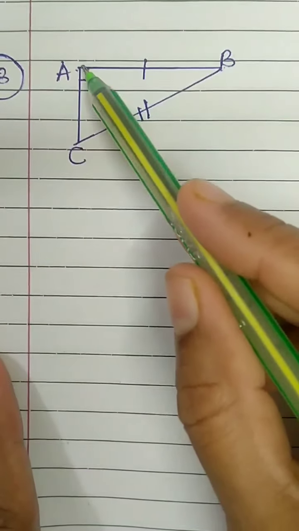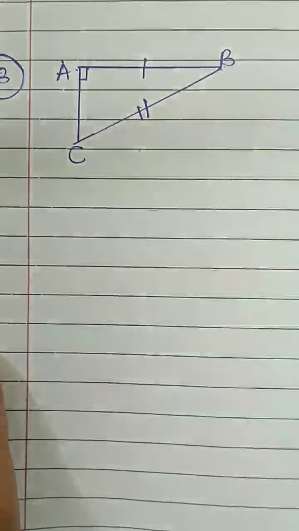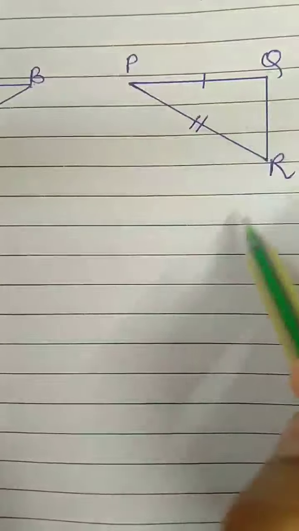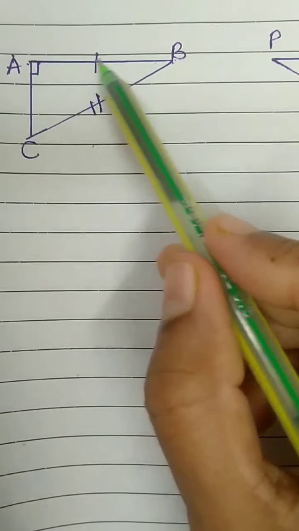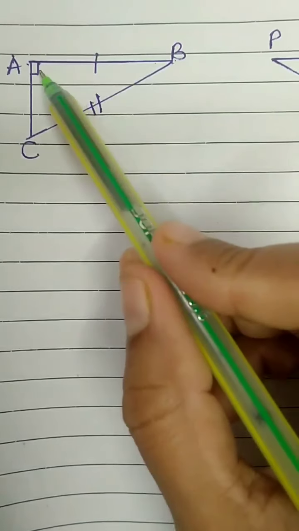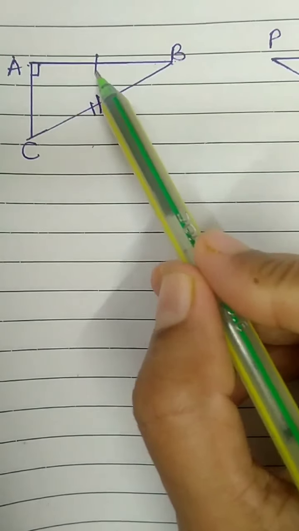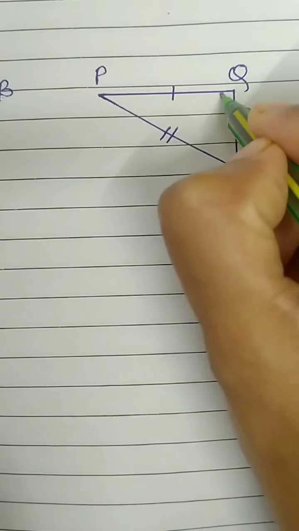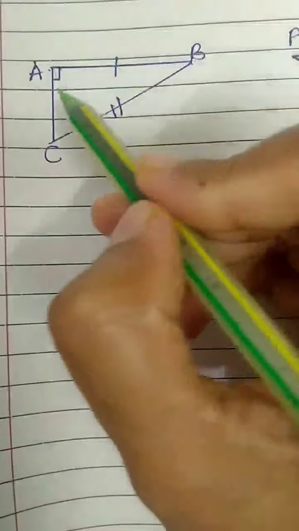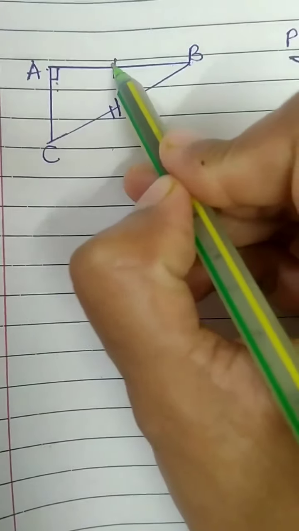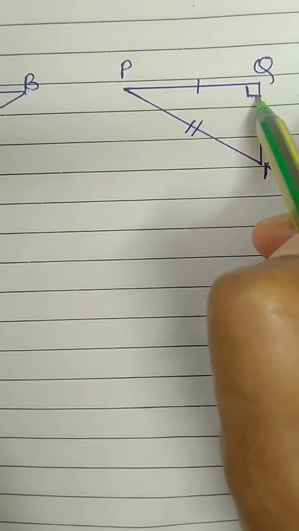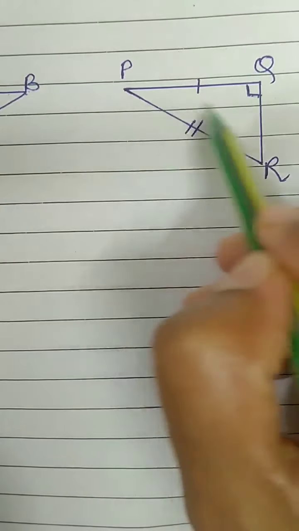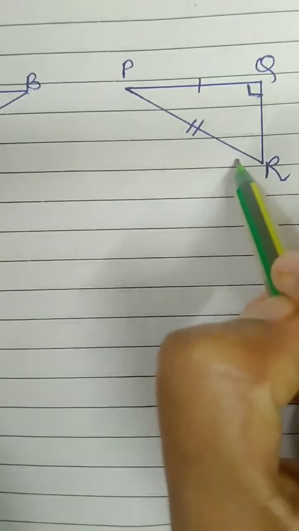Now two triangles are given. Triangle ABC and triangle PQR. So how will we name the triangles? Suppose we are naming it as ABC. Then we are going from 90 degree to single marked to double marked. Same way, this is the 90 degree. 90 degree, single mark, double mark. Same way, 90 degrees here, single mark, double mark. So the name of this triangle will be QPR.